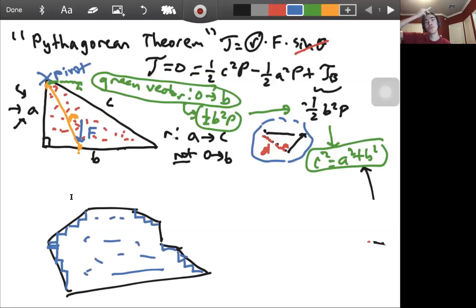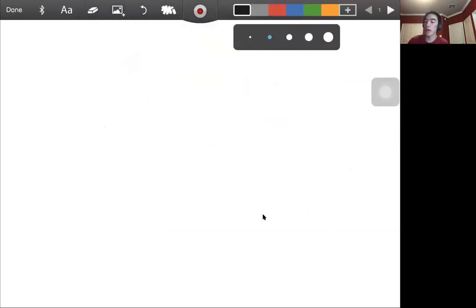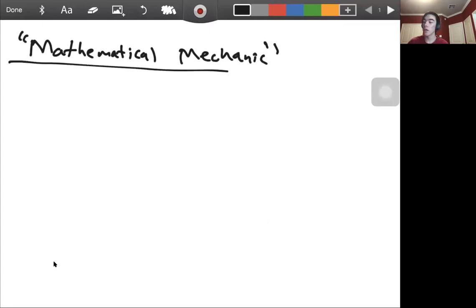Oh my gosh, I have so much to show, but not enough time. In case I don't get through all the stuff I want to go through today, a lot of this is shown in the book, The Mathematical Mechanic. This book shows a ton of ways to use physics to prove math theorems, and I recommend you go check it out. It starts to get more intense later on in the book though, so we're just going over the starting parts of it. Check it out. Okay,